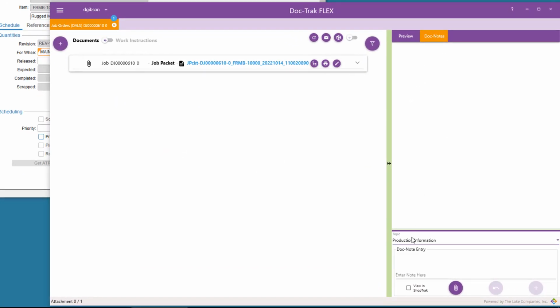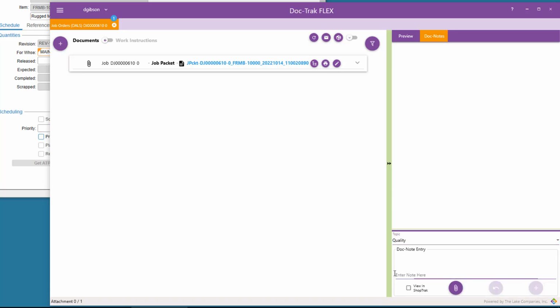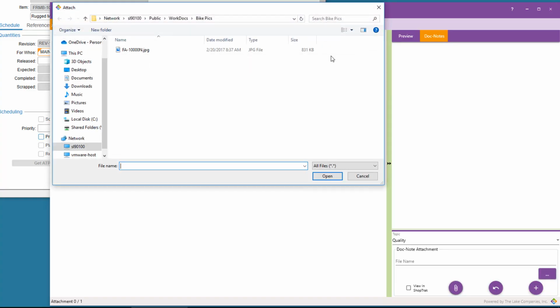Next, I'll select the quality topic, add my note instructing them to use the attached worksheet, and then attach it. I'll just paste the path that I copied right here.